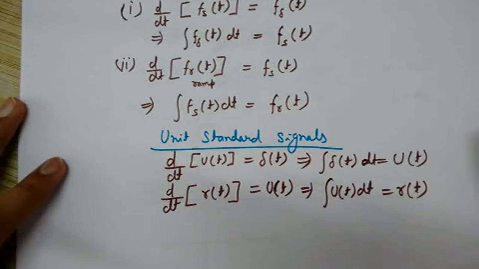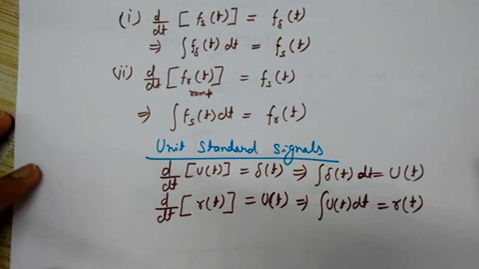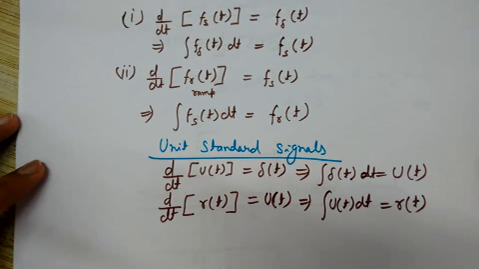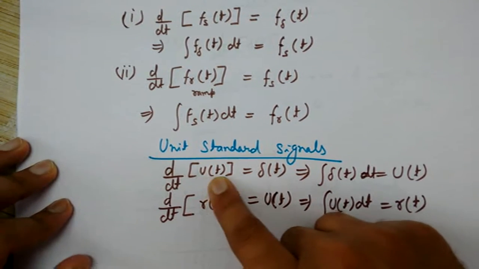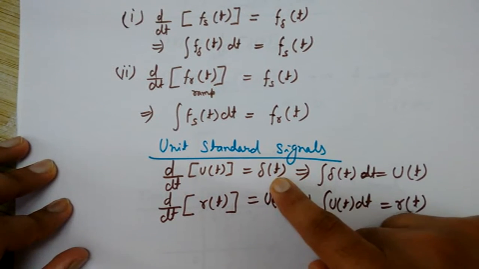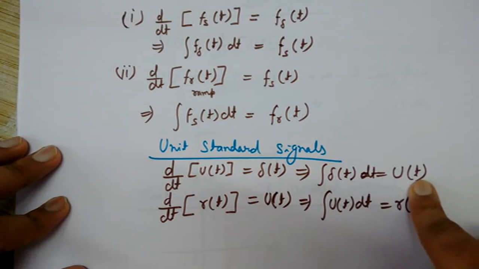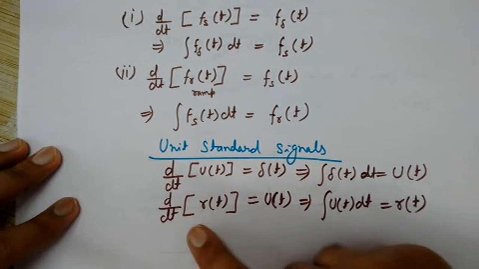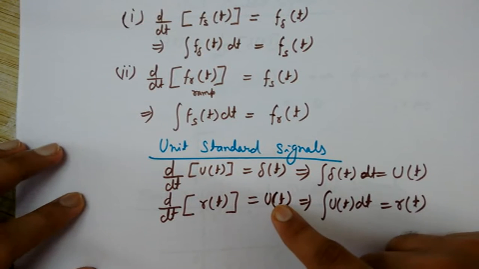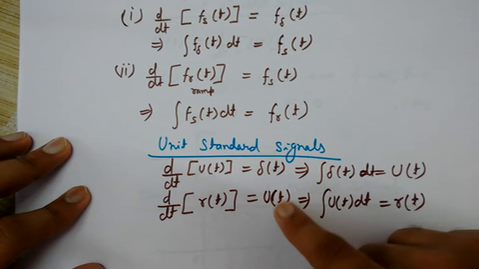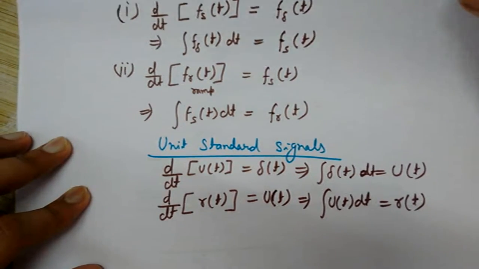So these similar results can be obtained for the unit cases of the signals. So differentiation of unit step signal gives you the impulse signal, and integration of impulse signal gives you the unit step signal. Similarly, ramp signal's differentiation with respect to time will give you the unit step signal, and integration of this unit step will give you the unit ramp signal. Okay,